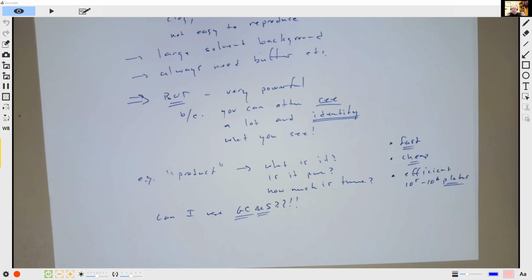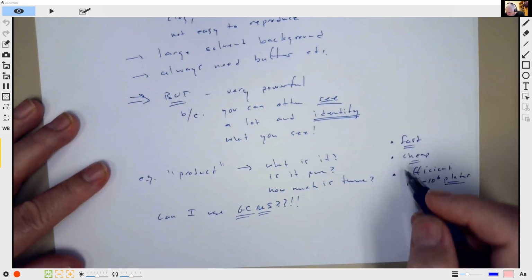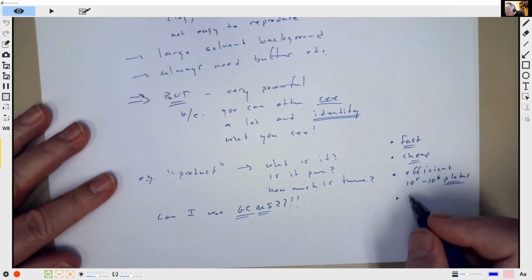And if the molecule you're working on just doesn't do that, and there's a large number of molecules that won't, then you may be relegated to LCMS, right? So if you can't do GC, if you can't do this fast, cheap, efficient, and good MS interface,